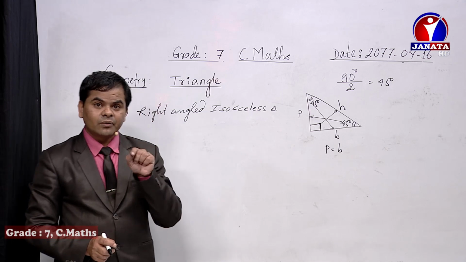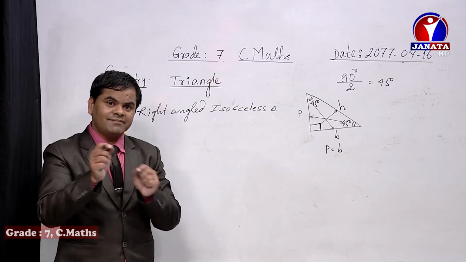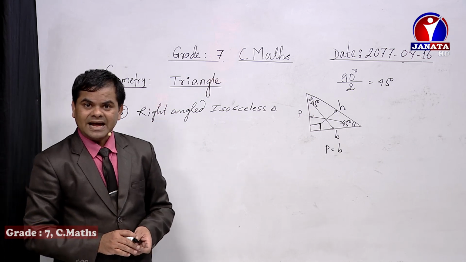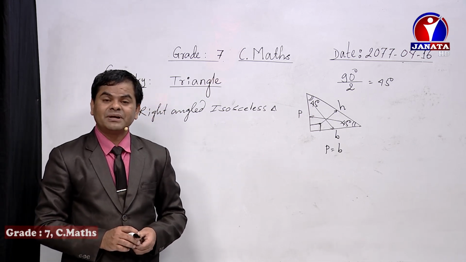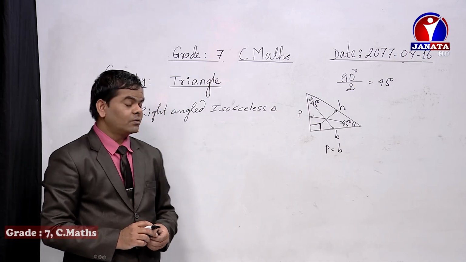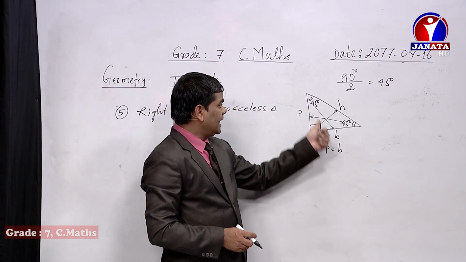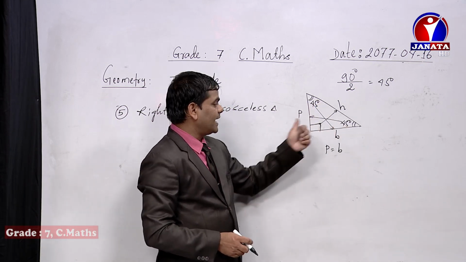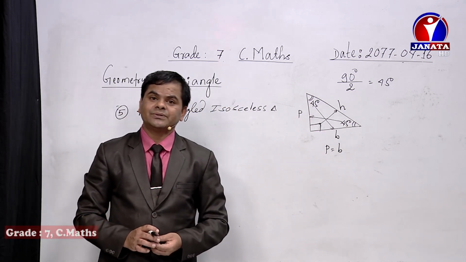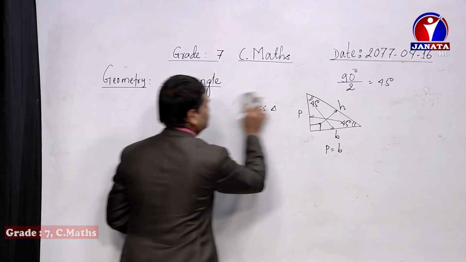Once again, one angle will be 90 degree and the other 2 angles will be 45 degree, and opposite to those 45 degree, the sides will be written as perpendicular and base, and those perpendicular and base become equal to each other, because it is not only a right angle triangle, it is an isosceles triangle as well. So perpendicular equals base, both the angles will be 45 degree and one angle will be 90 degree, and opposite to the 90 degree the side is always known as the hypotenuse in a right angle triangle. So these are the different types of triangle, dear student.